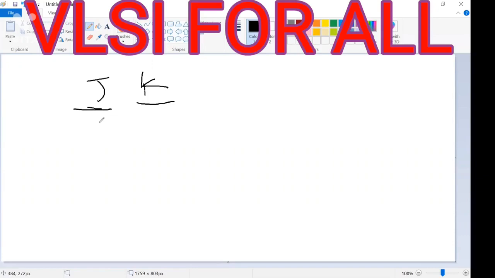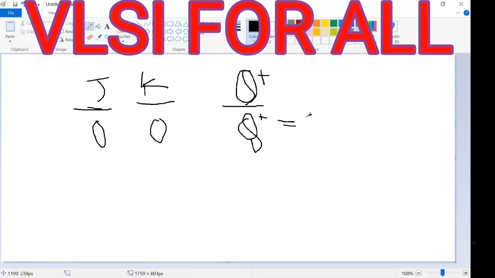So the JK flip-flop states that if the inputs are 0, 0, then whatever value is present in the flop will remain the same. Q plus means the next state and Q means the present state. So the next state equals the present state if J and K are both 0. One thing to note is that we must pulse the clock for this to happen. The second case is if J is 0 and K is 1, and we pulse the clock,